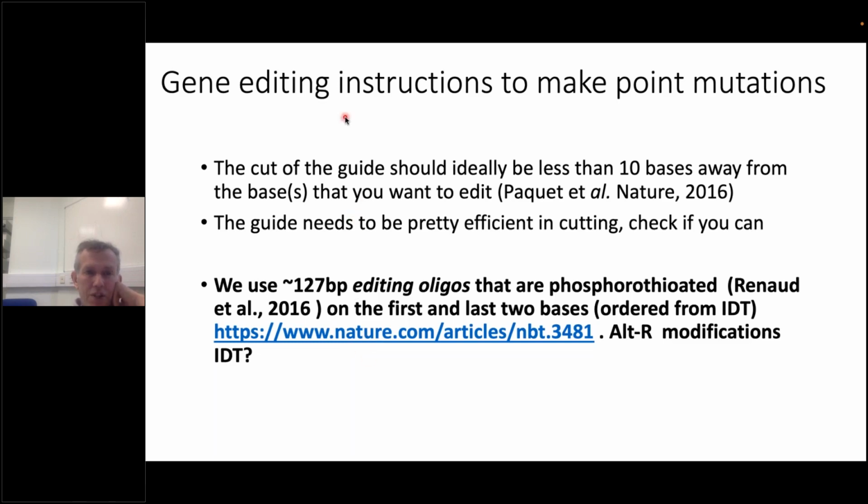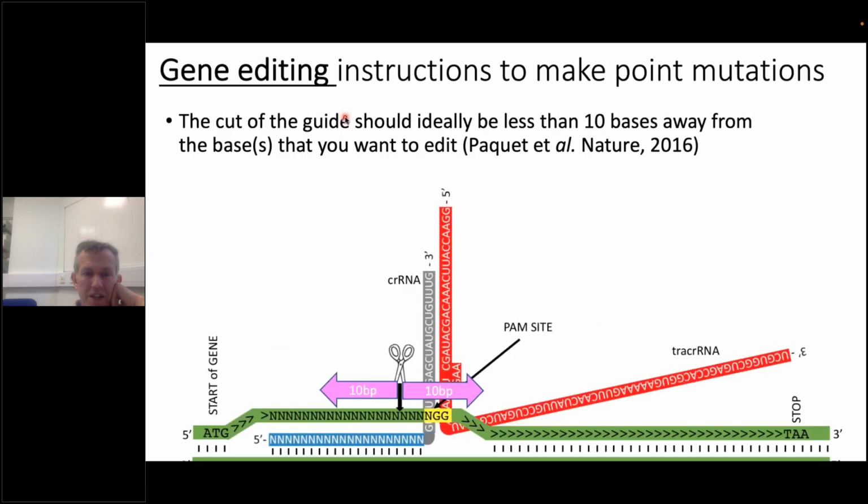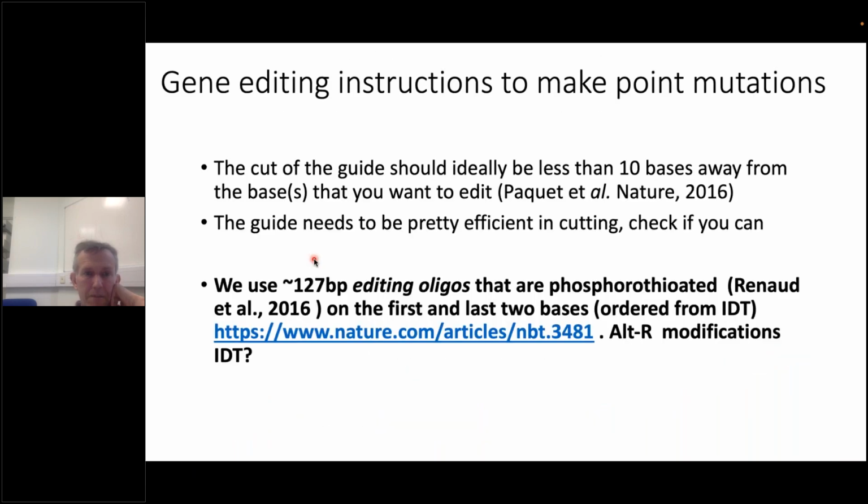Okay, so if you want to make such point mutations, I didn't say this, you need to create basically a primer or a piece of DNA that will guide the mutation that you have to make. So what we use to actually change the sequence is roughly 127 base pair editing oligos.